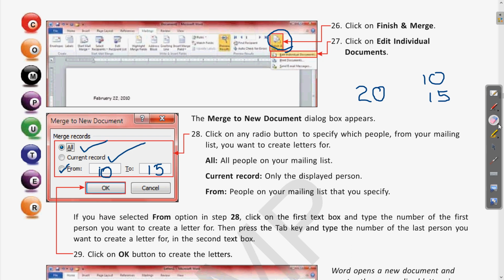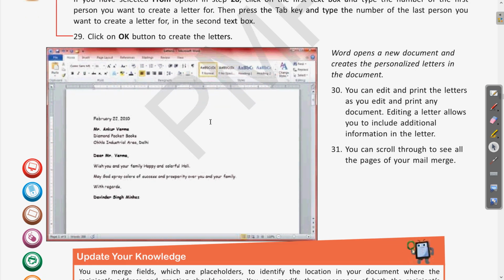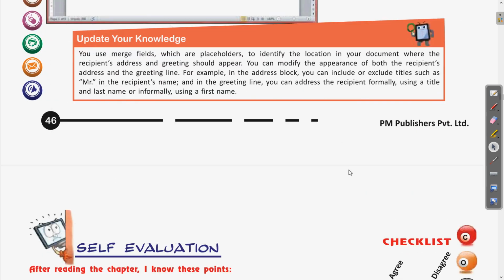Clear? So these are all the steps for mail merge. When you do this, all the pages will be created for all the persons. Clear? So this way we have seen how mail merge saves our time, and we can write the mail to various persons by simply writing a single page. Then we are now going to start the exercises.